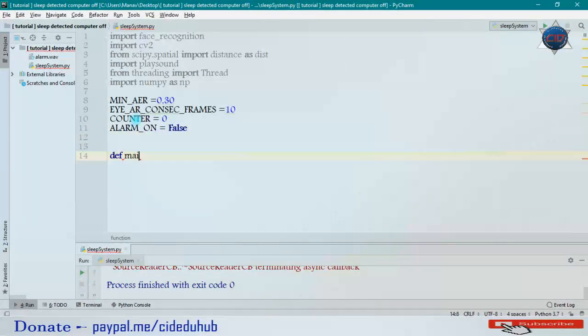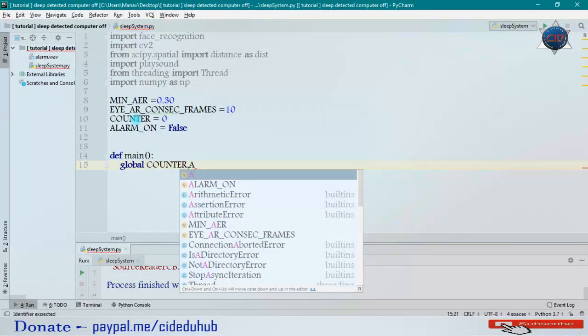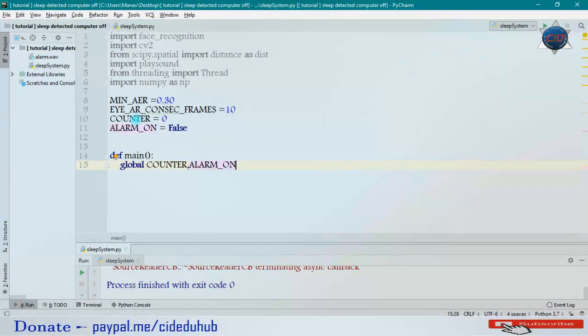And define a method called main. Under this method, I'm just going to start our video capturing from cv2, and before this I will use two global variables here, counter and alarm_on. So I will just call our counter and also alarm_on.